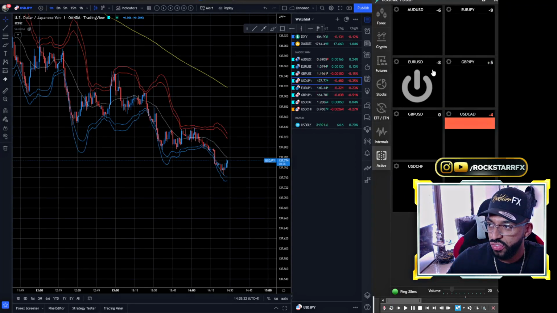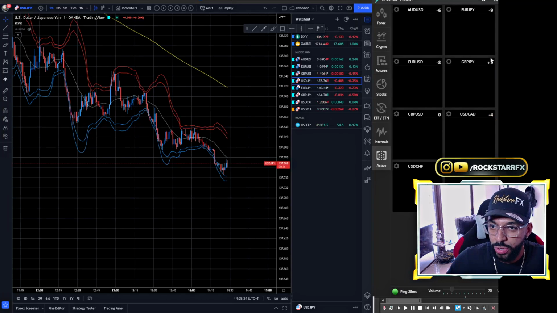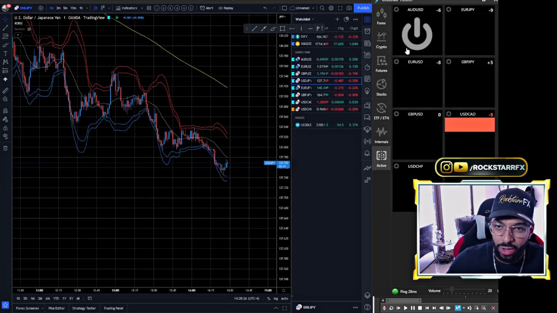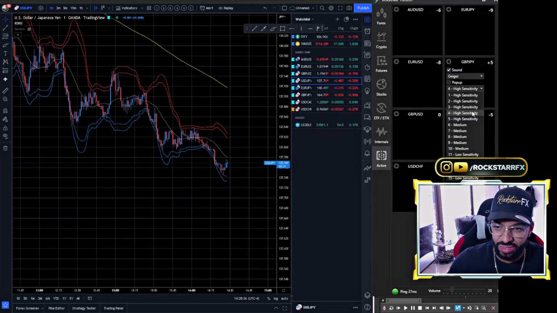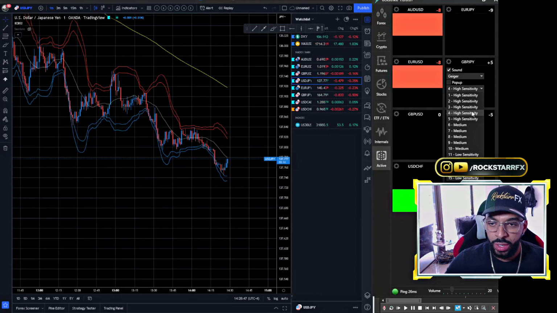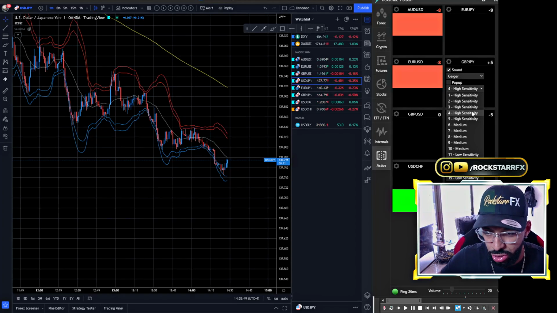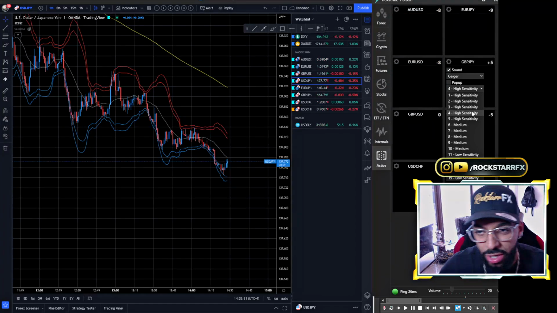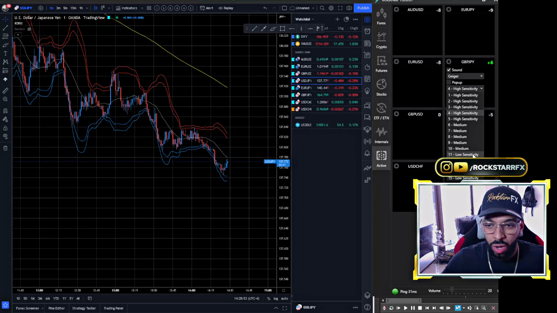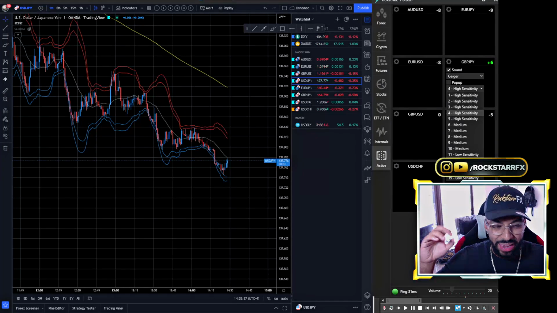Right here, you're gonna see the sensitivity of the actual push. I have my sensitivity right now set between medium and high. Based on where order flow is going, you can have the sensitivity turned either up or down, saying, hey, if it's low sensitivity, only alert me when we have a sensitivity of 12, which is a very strong push